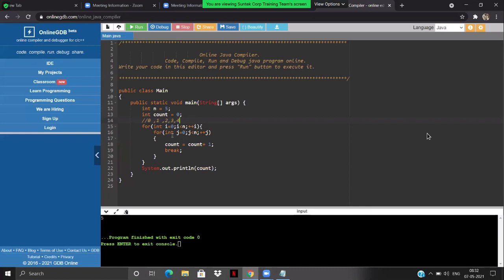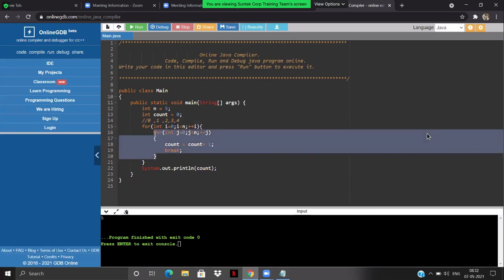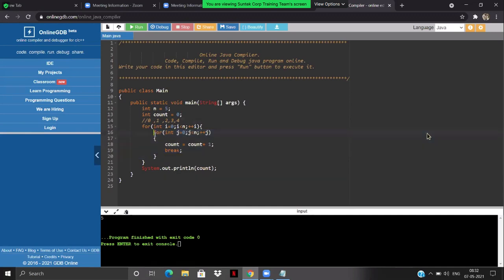And in this inner loop, as we increase the value by 1, the loop is going to call a break statement. Whenever it calls a break statement, that means the inner loop is going to get executed only once. So once i is equal to 0, i should be lesser than 5. Ideally, it should execute 5 times. If you wouldn't have a break statement, it would get executed 5 times for the inner loop. But since it already has a break statement, it's not going to.